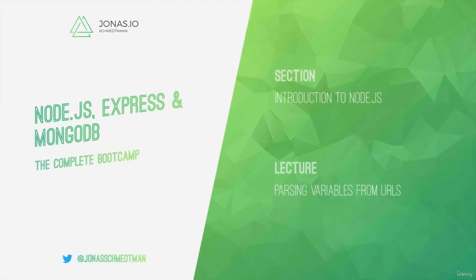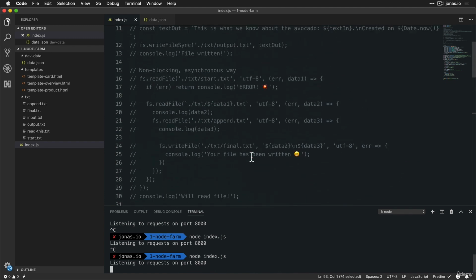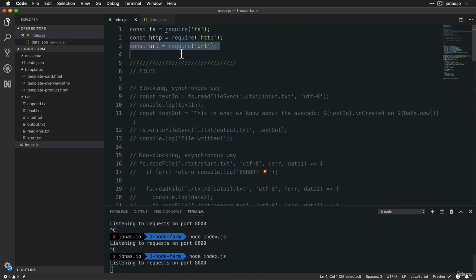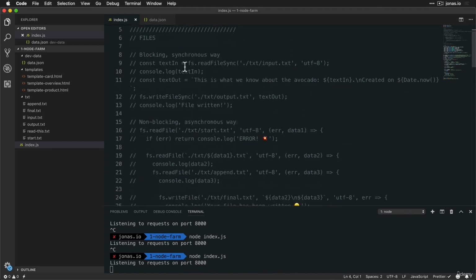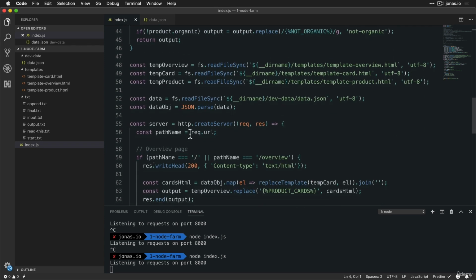So in this video, we're going to learn how to parse some variables from the URL in order to be able to build the product page. So remember how right in the beginning I imported the URL module? So this one here, in order to be able to parse variables right off the URL. Okay,